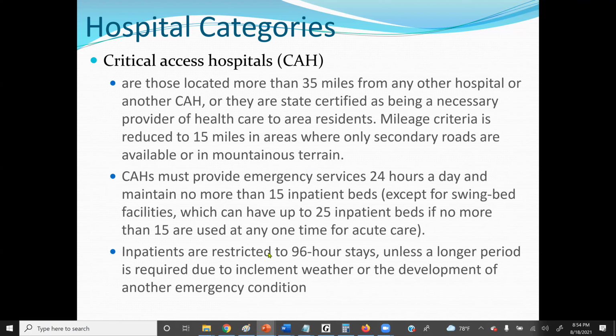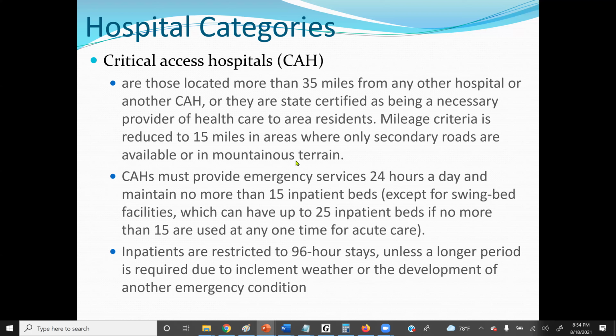A CAH must provide emergency services 24 hours a day, and must maintain no more than 15 inpatient beds, except for swing bed facilities, which can have up to 25 inpatient beds if no more than 15 are used at any one time for acute care. Inpatients are restricted to 96-hour stays,